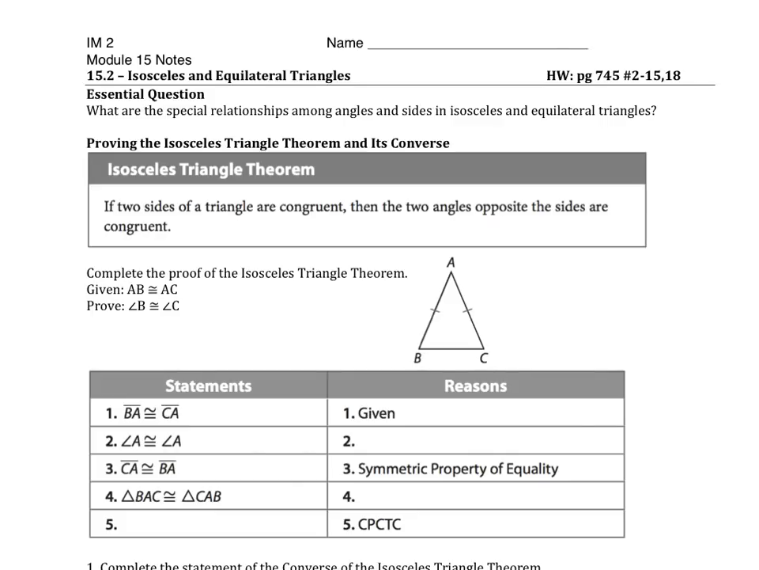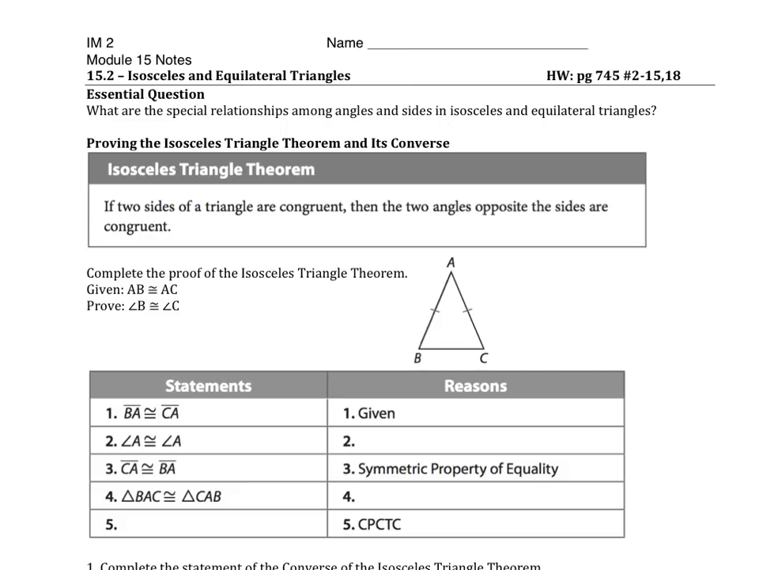All right, so continuing with triangles and some special relationships within those, we're looking at isosceles and equilateral triangles now. And our essential question is, what are some special relationships among angles and sides in isosceles and equilateral triangles? So the isosceles triangle theorem states if two sides of a triangle are congruent, then the two angles opposite the sides